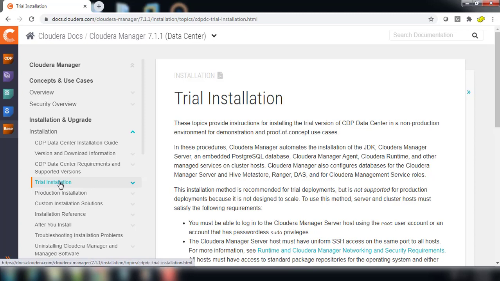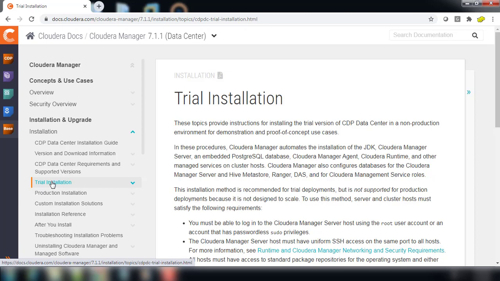This is recommended for trial or POC purposes and not for production implementation, because of scalability and security considerations. But if you are a first-time user, you can choose the trial installation because it is easy to implement.